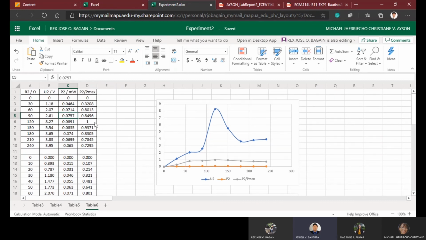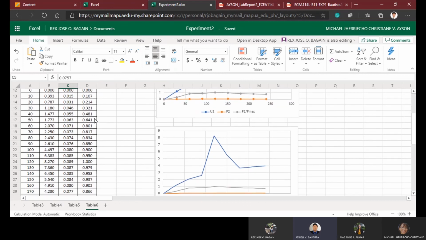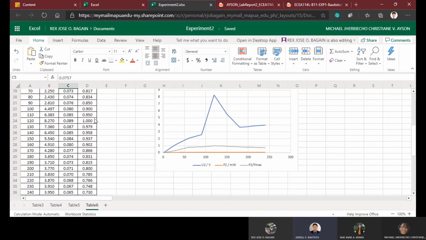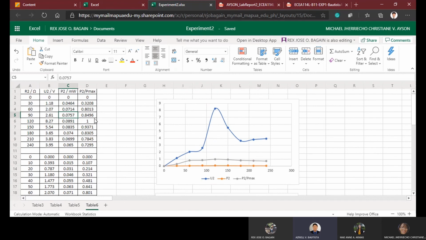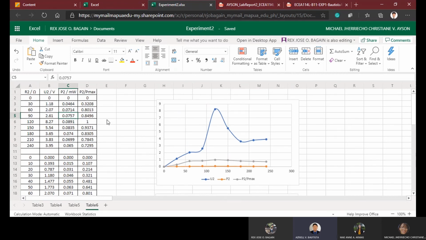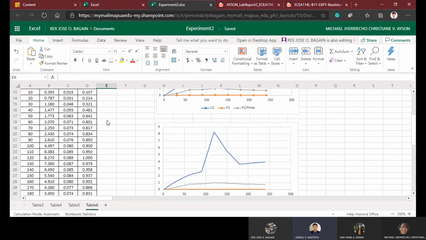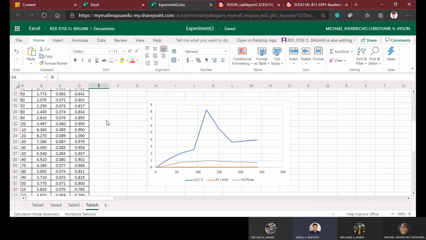However, based on the info on Table number 1, the characteristic impedance for an RG58 coax cable is around 50 ohms. The prior assumption may be wrong. On the plot of R2 versus U2, P2, and Pmax, we can easily spot that the tip of the spike is where the